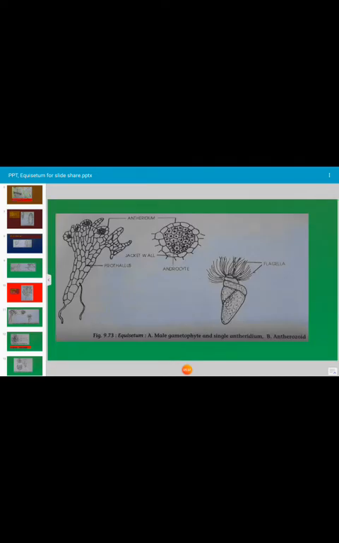This is the male gamete or the antheridium. At the center antheridium is shown, and antheridium in Equisetum is sessile, and the antherozoids which are produced inside the antheridium are multiciliated. They are coiled structures, and at the top of antherozoid many cilia or flagella are present. This is a very characteristic feature of Equisetum antherozoid.